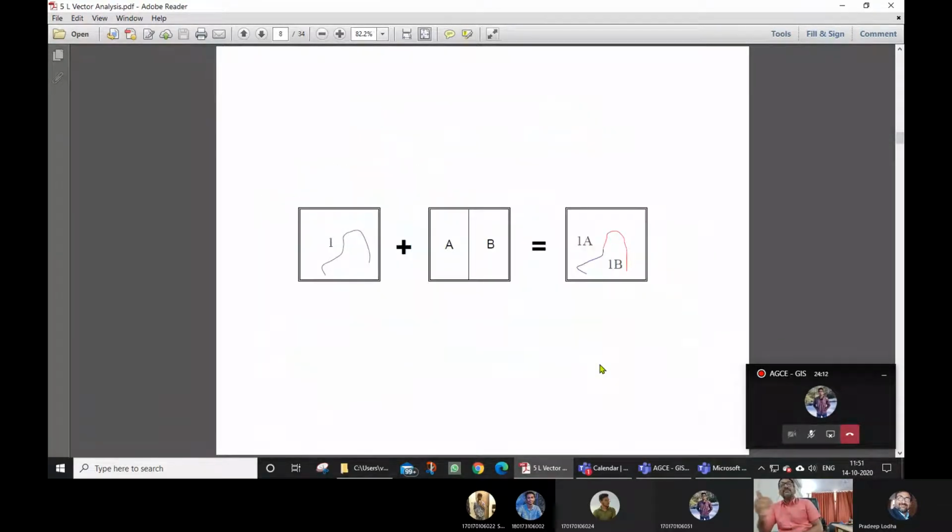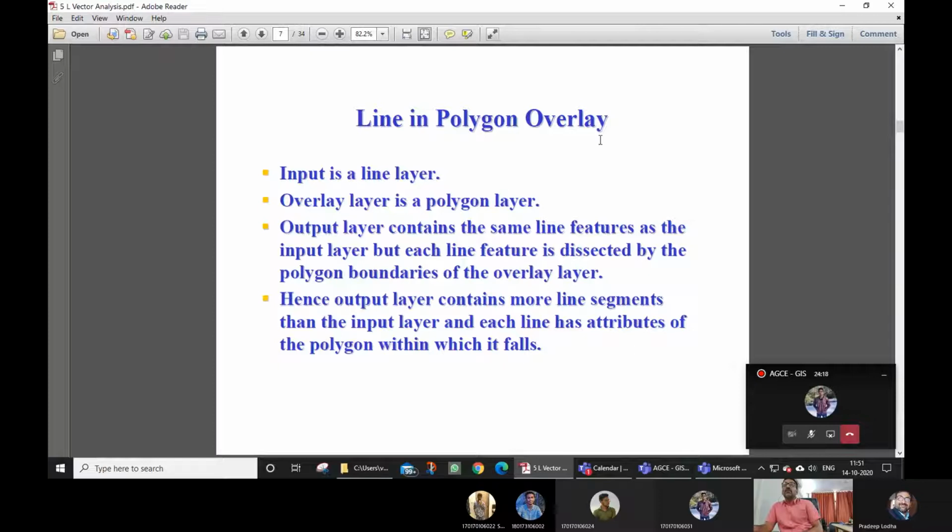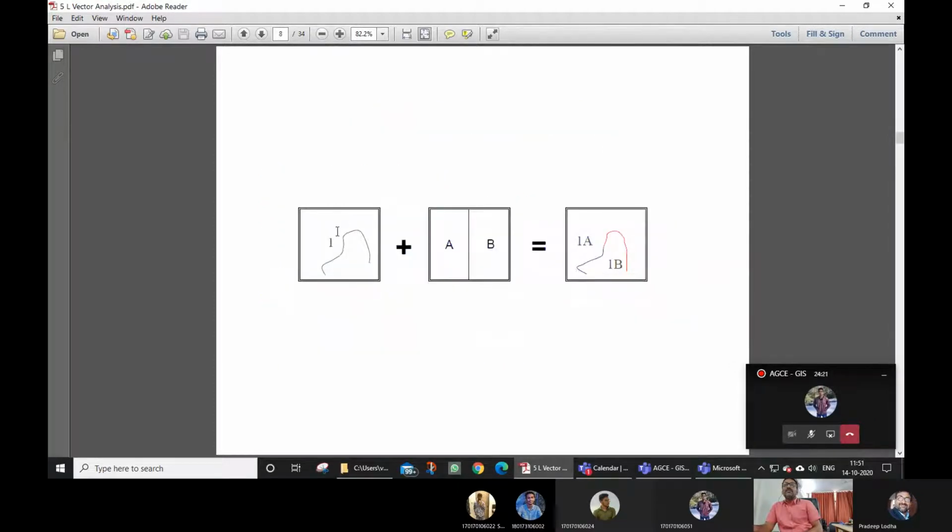Second, if you insert a line, the input line is this. This is a line in polygon overlay. This is a layer, this is the second layer, and this is going to be the output. This line will get split into two parts. One would become 1A, the other part would become 1B. 1B is falling into polygon B, so this attribute is changing.